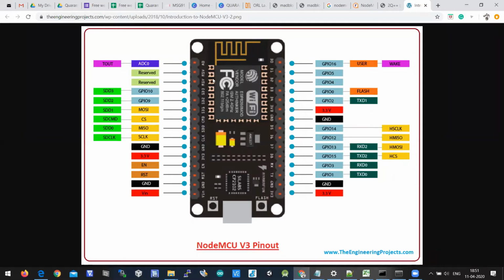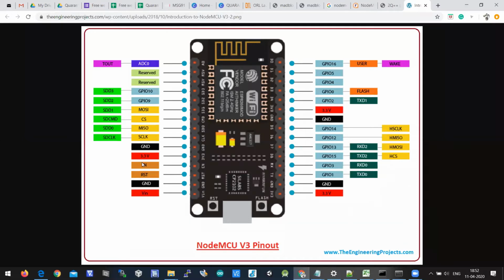And you'll have multiple pins here. VIN is where you'll get 5 volts power. Generally, if you want to apply power to this NodeMCU, you can apply it at VIN, or you can use a USB power bank also. Sometimes some students use USB power banks, and sometimes people apply power through VIN. VIN is where you can apply voltage up to 5 volts. You'll have the ground pin here, which is GND. RST is nothing but reset.